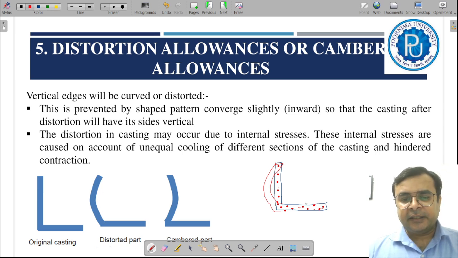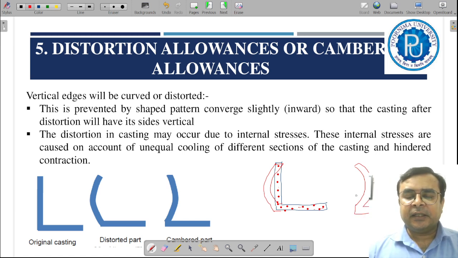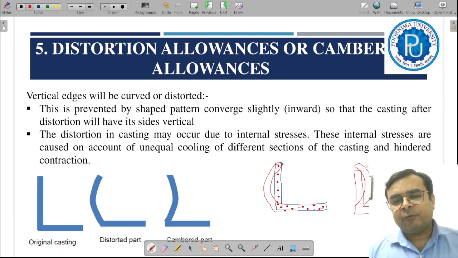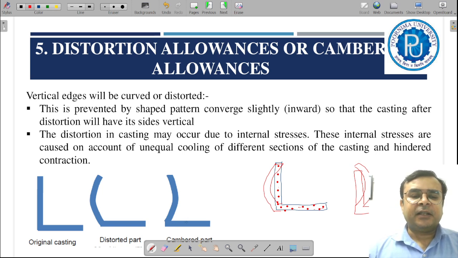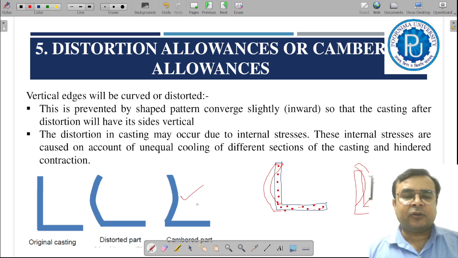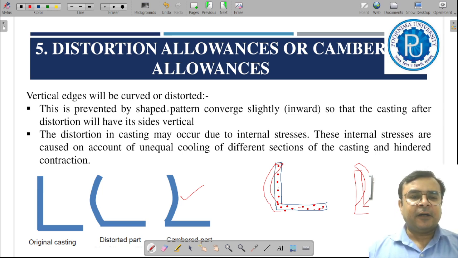And suppose if your casting gets distorted during solidification like this, then to accommodate this distortion, you simply provide the opposite distortion in the pattern itself. If you distort the pattern, then during solidification it will straighten. So this forcefully provided distortion in the pattern is called camber allowance. This is also called distortion allowance or camber allowance. Vertical edges will be curved or distorted. This is prevented by shaping the pattern converging slightly so that the casting after distortion will have its sides vertical,